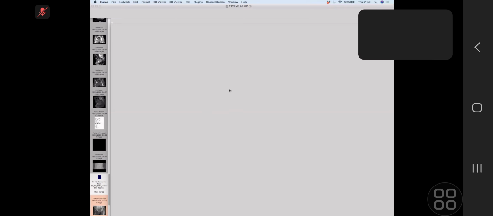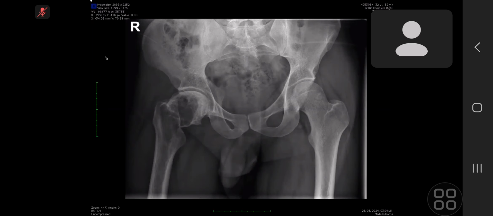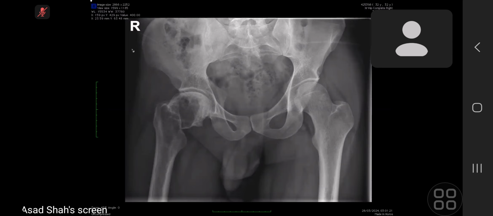Okay, this is a 30-year-old who had a fall and is not able to weight bear. So I've been provided with this young man who had a fall and could not bear weight on the right side. On the pelvis AP view, X-ray pelvis AP view, I can see that there is a fracture on the right side, fracture right hip, and besides that, I can see a lucent area involving the femoral head and the neck region,